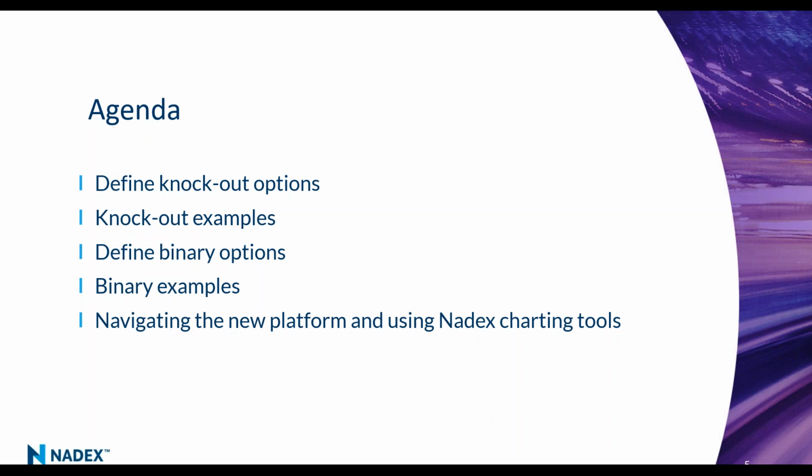I usually start with knockouts. If you're not familiar with knockouts, you'll see what they are. To me, it's the most intuitive product we have because you're just trading the price of an underlying asset. And it's just got defined risk boundaries around it, which is great because it forces you to be a more disciplined trader in some regard. It takes some of the emotion out of it if you choose the right contract. So knockouts are an incredible opportunity, particularly in markets like this, and you will see that when I show you.